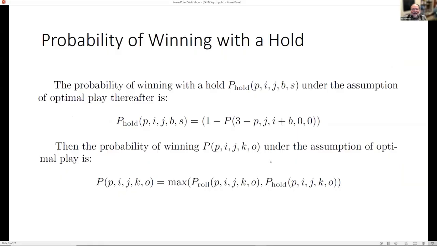Yeah, sure. I'll also make a little correction here. These KOs should be BSs on this slide, but take this situation right here where we have P hold at the 5 tuple being 1 minus the probability of the other player. Now, value iteration is designed for a single agent. So this is a bit of an abuse of the Markov decision process that's assumed for value iteration, and this is extended. The equations handle 2 players where there is no tie. We handle the switch in players, the switch in perspective in the familiar way of 1 minus the probability of the other player winning in their beginning game state.